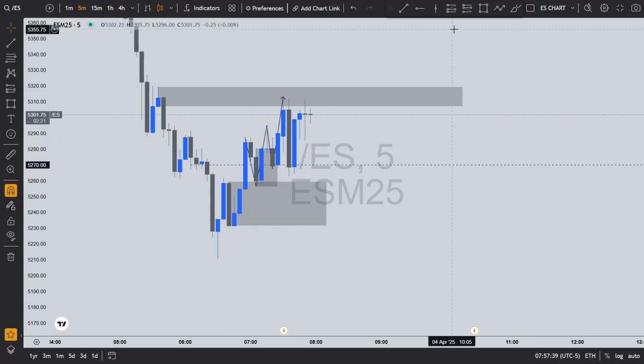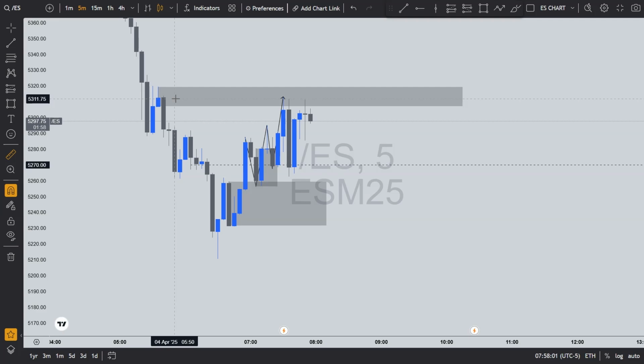And also, I don't like to have a stop loss of more than 10 points when I'm trading minis. So I actually should have gone to micros. But even if I went to micros, I wouldn't be able to trade above two contracts, I think. So I wouldn't really be making any profit at all, honestly. But regardless,